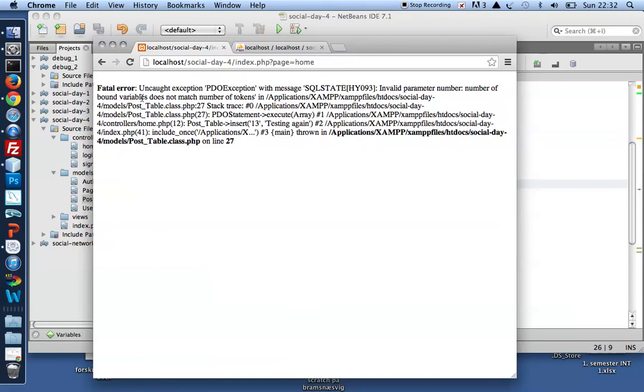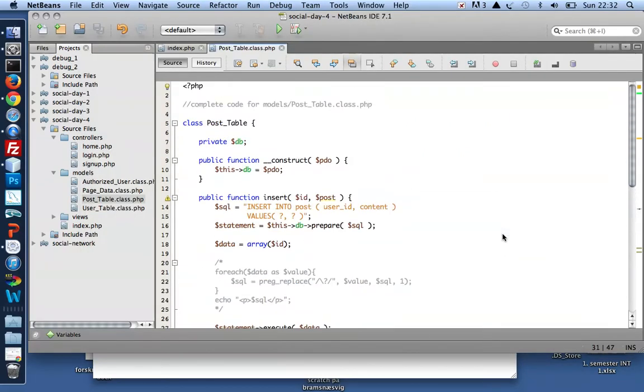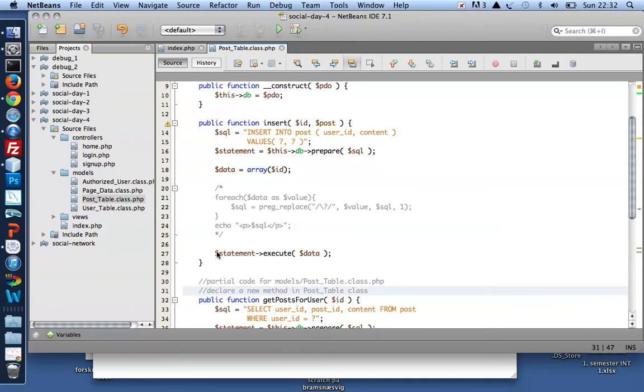Number of bound variables does not match number of tokens in post table class line 27. Let's see. So the exception is thrown in my post table class line 27. That's when I try to execute my data with my PDO statement that I get the exception. I'm suspecting there must be a problem in my SQL statement,